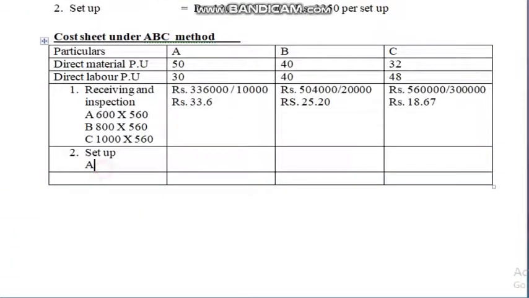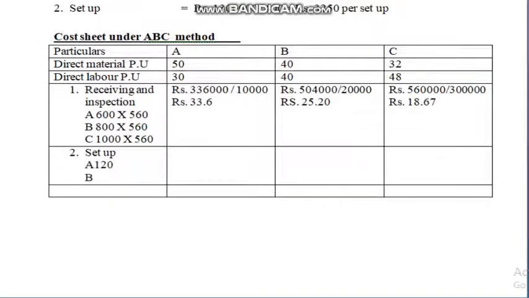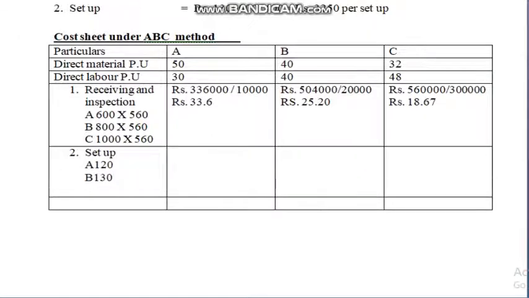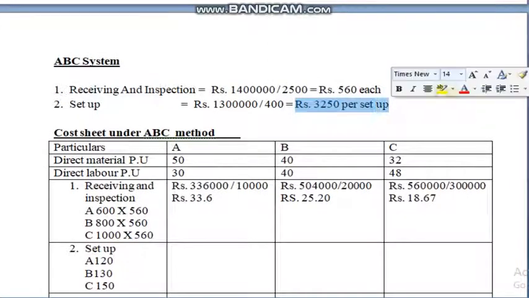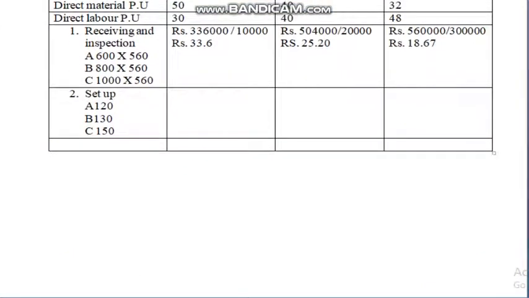So product A 120, product B 130, and product C 150. So what's the cost per setup? Cost per setup is 3,250 per setup. So here multiplied by 3,250, and here multiplied by 3,250, and you will get for product A rupees